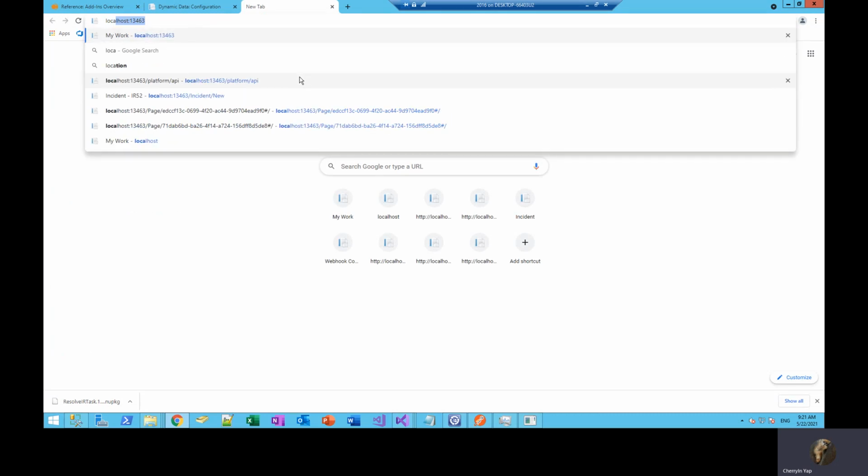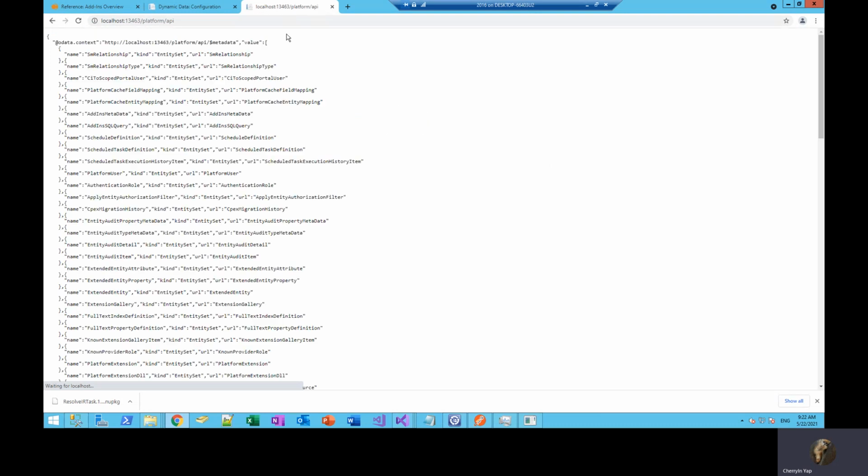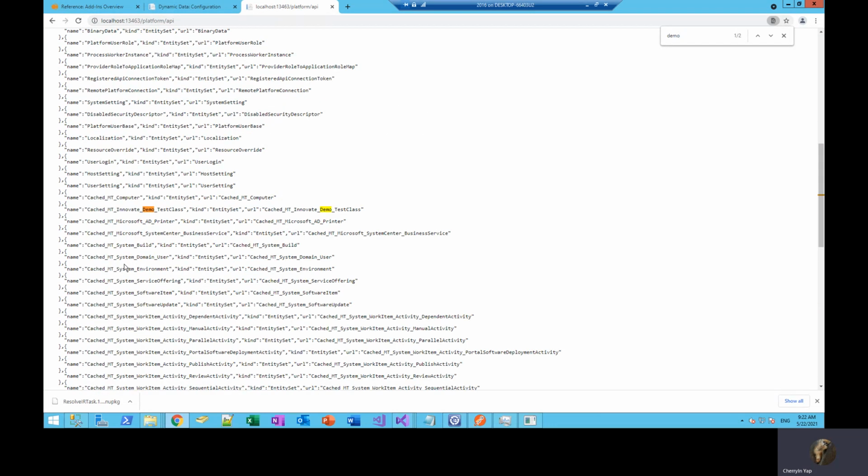And like I said, the endpoint is accessible at platform/API.